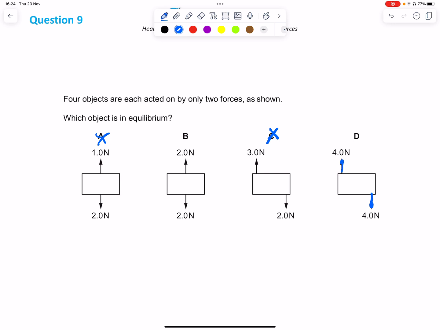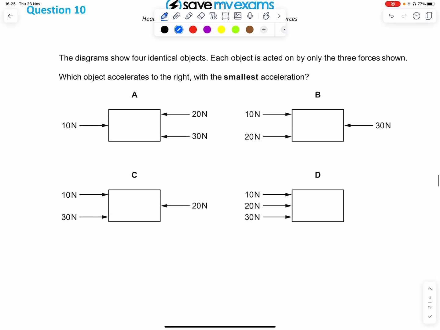You could see that the 4 newton force is acting in the clockwise direction, and the 4 newton force that's acting downwards is also acting in the clockwise direction. Therefore, they both are acting in the same direction. And if two forces act in the same direction, you add the two forces together to produce the resultant force. So you could remove option D, and the only one you're left with is option B. So that represents the state of equilibrium. So moving further,